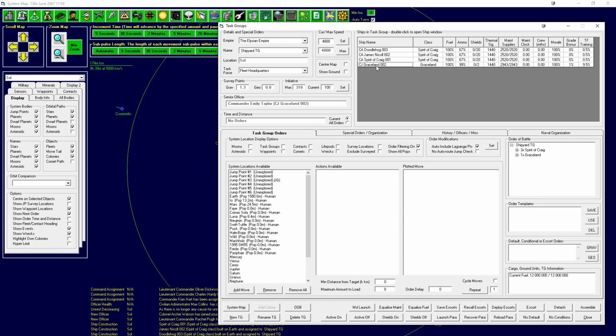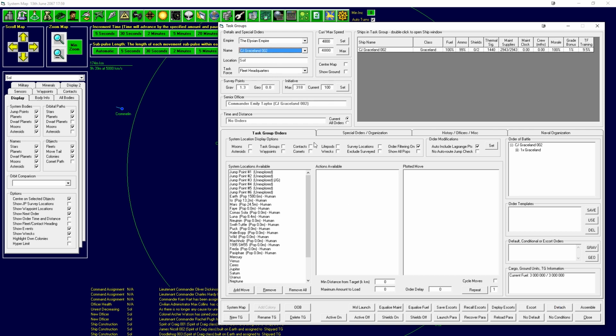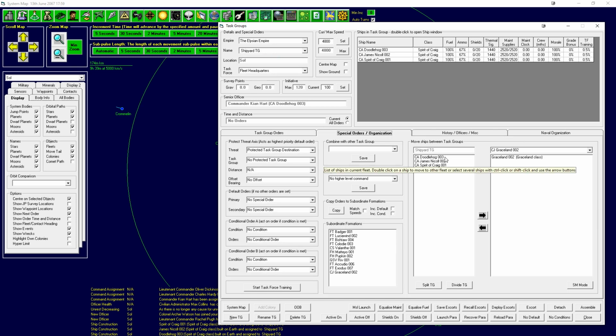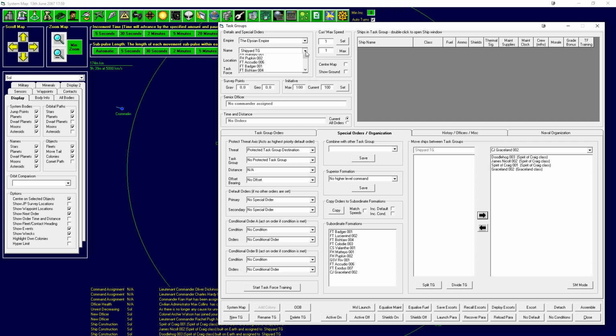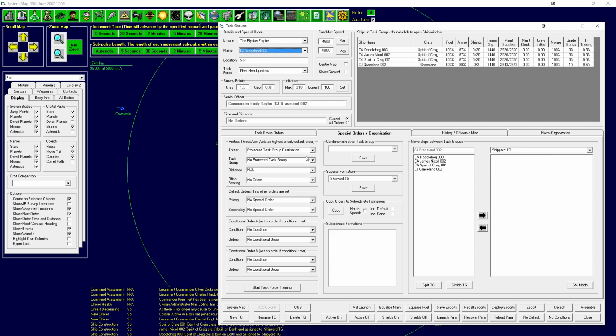What I'm going to do is take the Graceland. Going to detach the Graceland into her own one. Select shipyard. Graceland. Get these all across. Okay, and I should probably rename this task group from the Graceland to